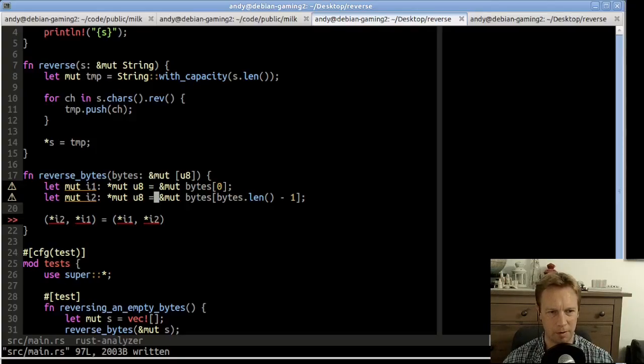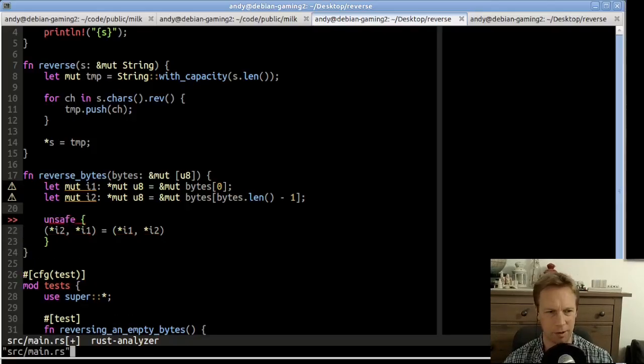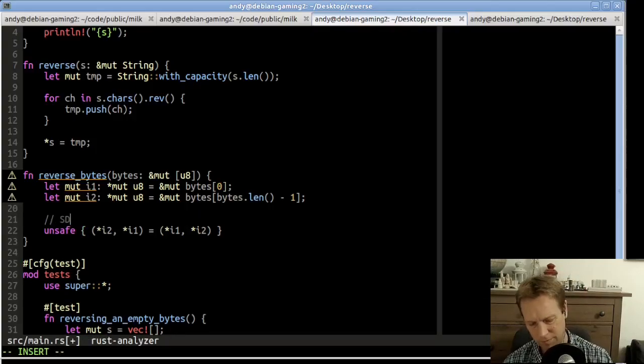All right, so maybe those don't need to be mutable. Oh, they will be later anyway. So, all right, so unsafe. And we're going to write a safety comment. So what's the safety comment? Safety: I1